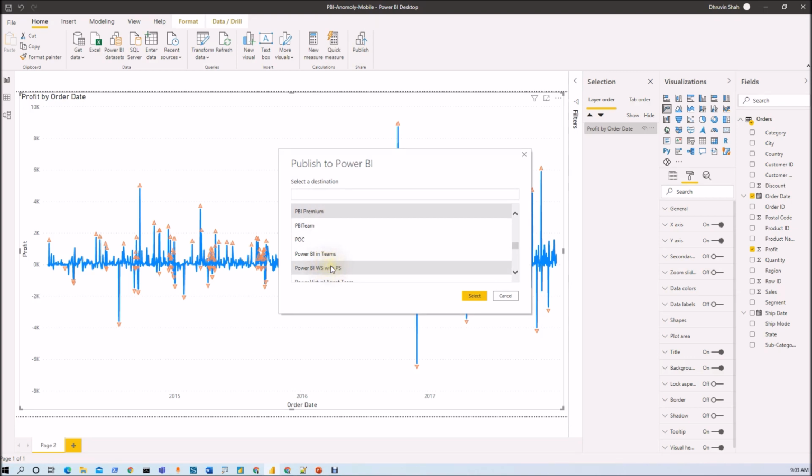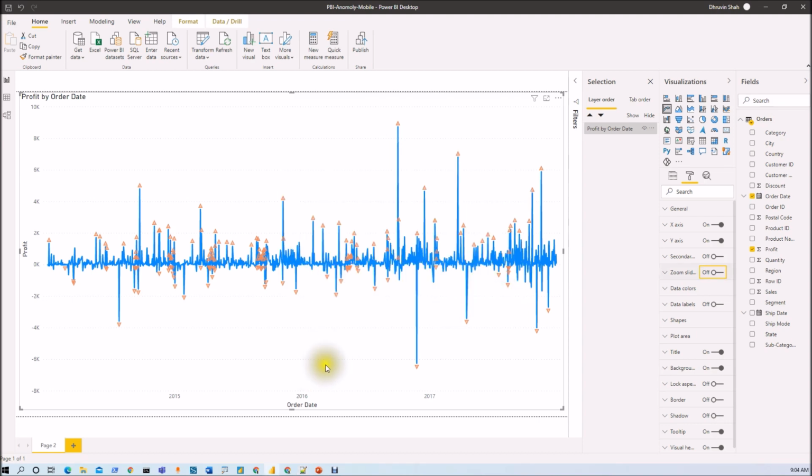But let's say I just wanted to provide some instruction or some guideline while they are publishing the report to Power BI service. How can I do that? How can I add some important disclaimer before publishing the report to the service? I'm going to show you the step-by-step procedure of doing that.